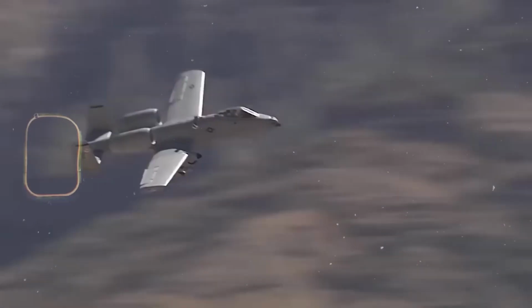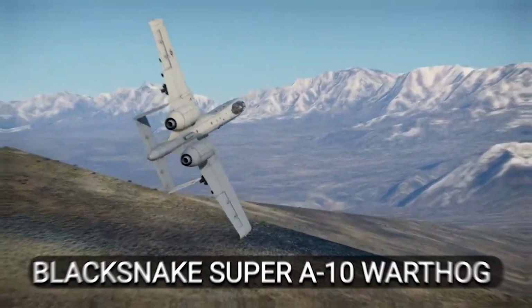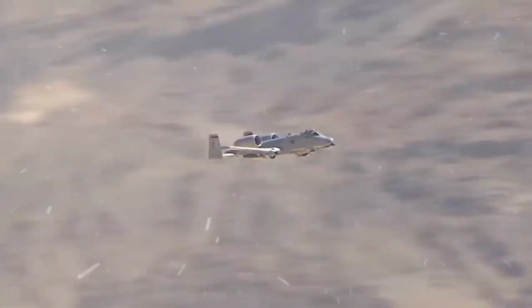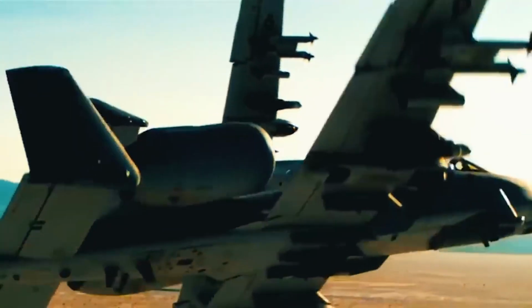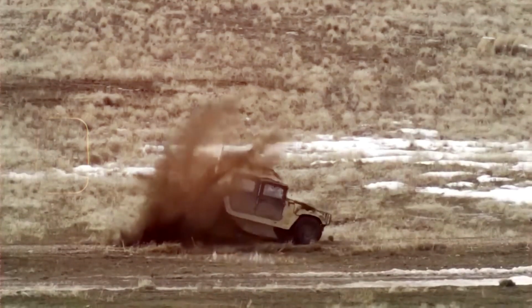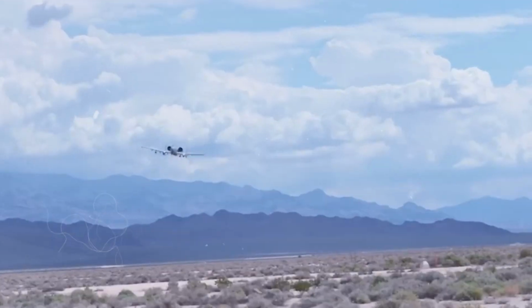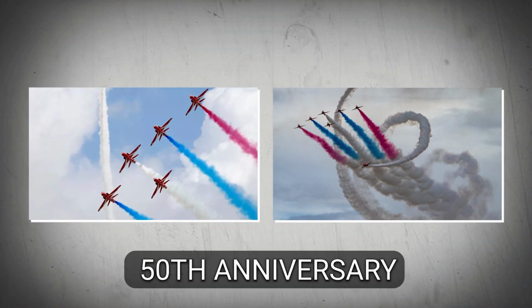The US Air Force just surprised the world with the release of the updated Blacksnake A-10 Warthog. The all-new Blacksnake Super A-10 Warthog just shocked the world. The roar of its engine strikes fear into enemies, and its heavy armor and powerful weapon can open enemy armored vehicles like tin cans. This is the A-10 Warthog, the iconic aircraft that recently clocked its 50th anniversary since its